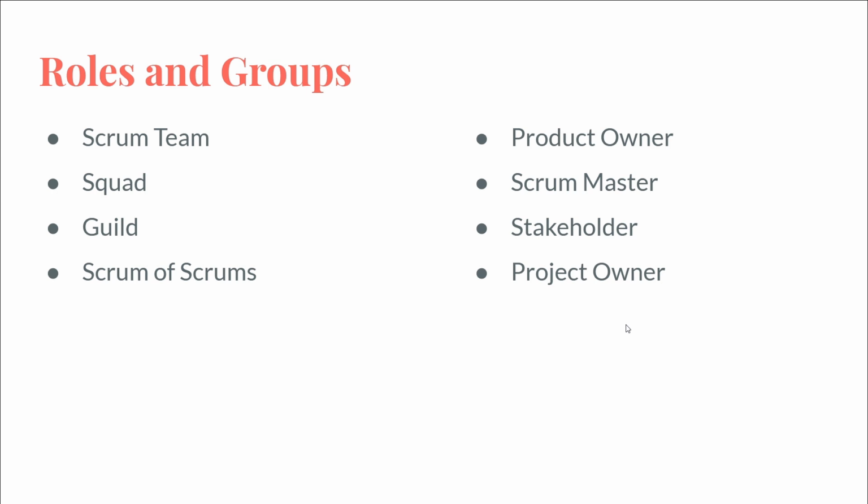So a product owner is the person whose concern is making sure that the big picture of the product is being planned out, and they talk to the end users who will actually be involved with it and other stakeholders. So a stakeholder is anyone who has a stake in this project, be they the end user that will be using it, or be they executives at the company, or higher ups.